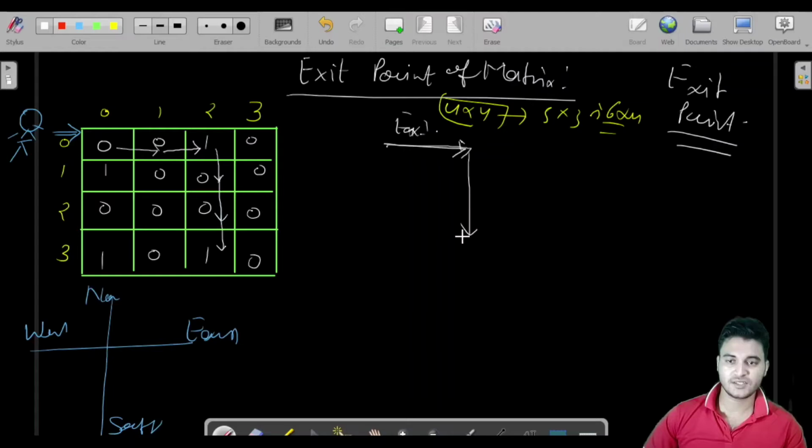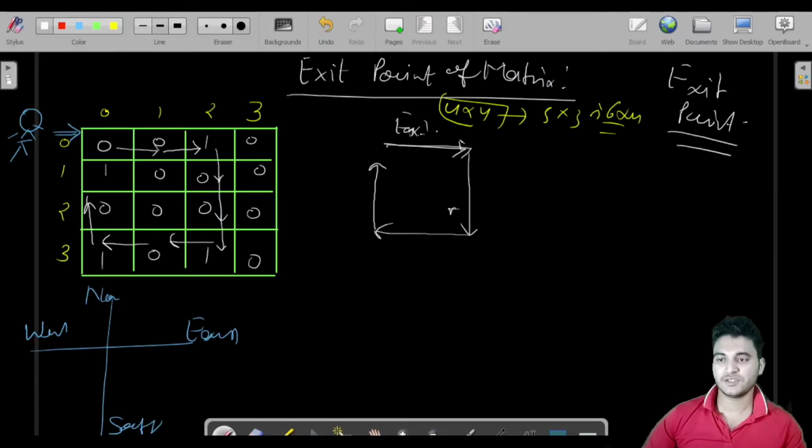You are going in this direction. Now you will take a 90-degree turn towards your right. So what is your right? This is your right, so you will take a 90-degree turn and go in this direction now. If the content of this box is 0, then you will not do anything; you will move forward. If the content of this box is 1, then you will make your turn by 90 degrees to your right, so you will move in this direction.